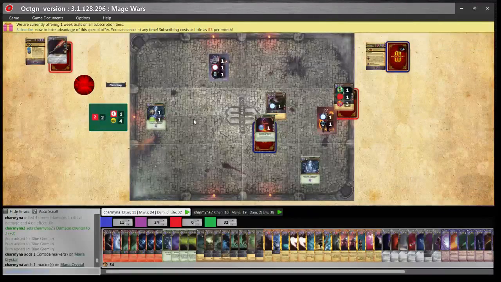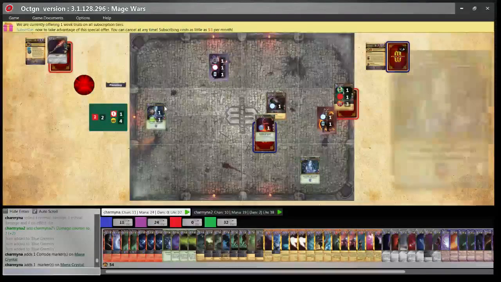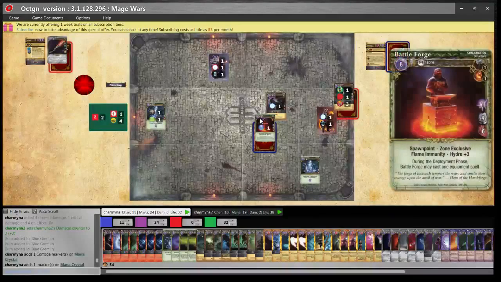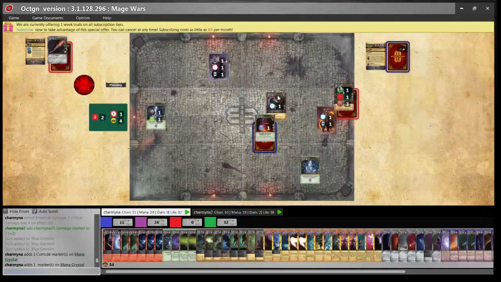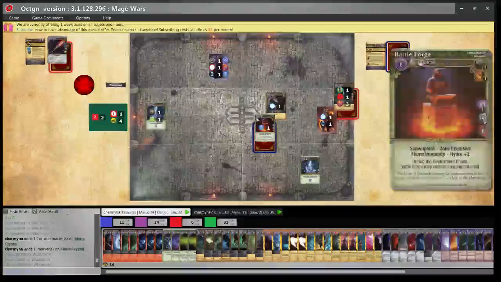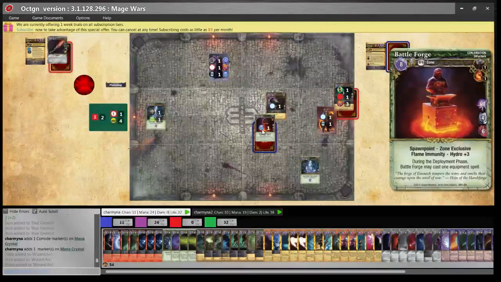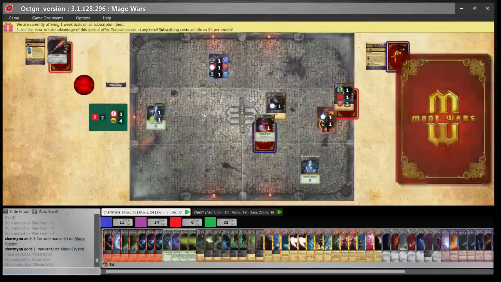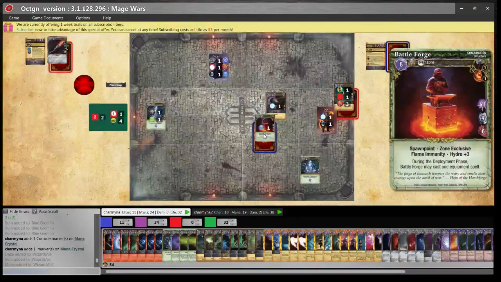And for most tokens there's a shortcut. If you want to know the shortcut, you right-click on the card, add tokens, and then you can see here, add damage is F2, add mana is Control M, add burn token Control B, add daze token Control D. So we can add all these, daze, burn, mana, whatever. By the way, maybe you saw the program automatically adds mana to the battlefield. It also would realize if you cast an